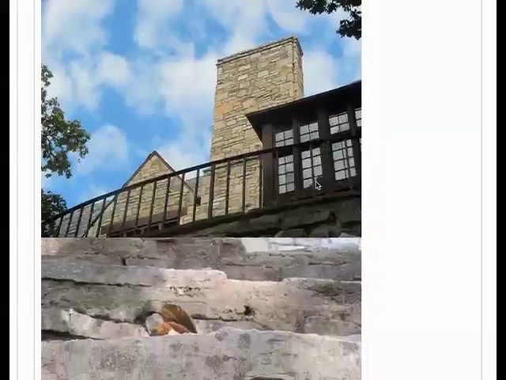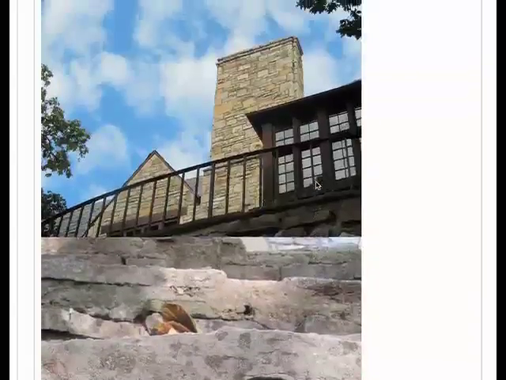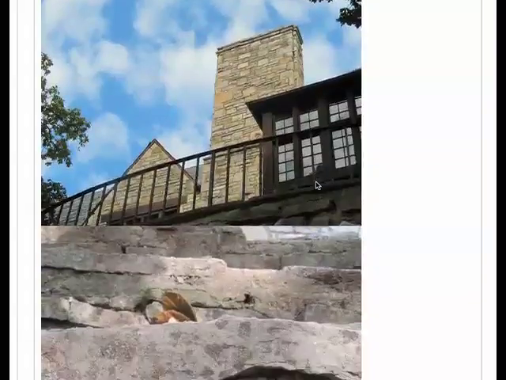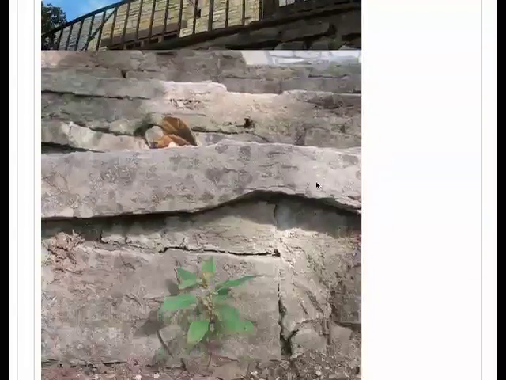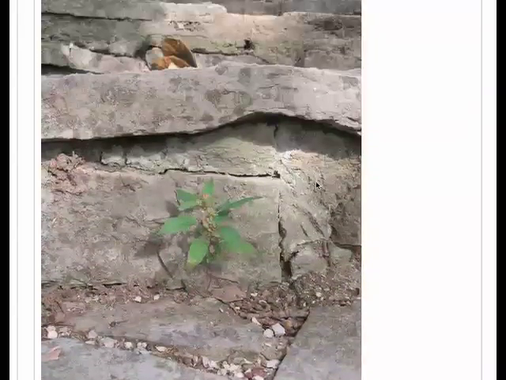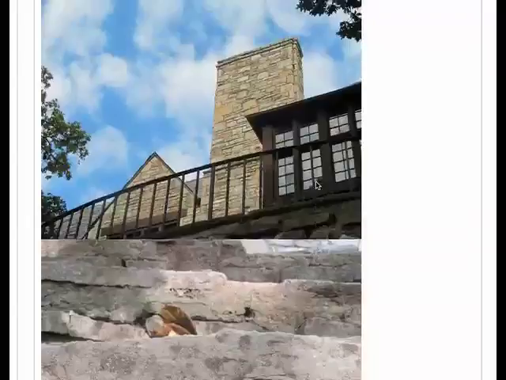The next shot is very nice. Love this one. So you got the foreground wall, and then pointing up towards the stone of the house, and then also those nice white puffy clouds and the blue sky up there. Very nice. And it probably would make a really nice black and white image too. But